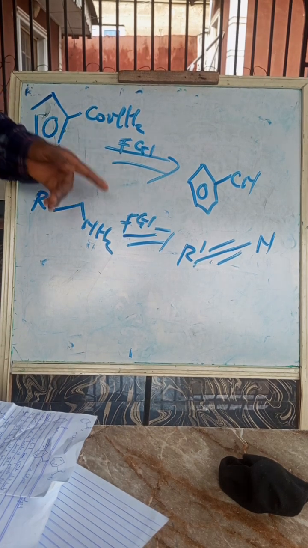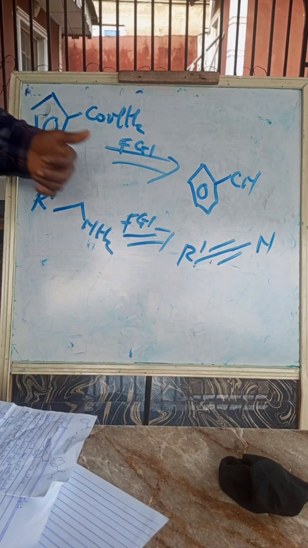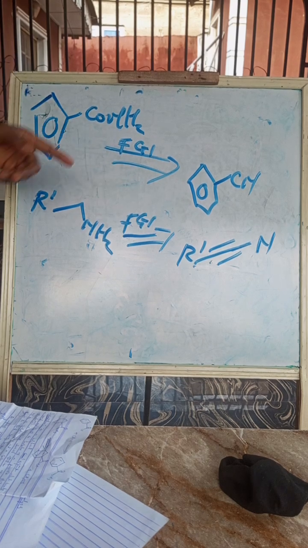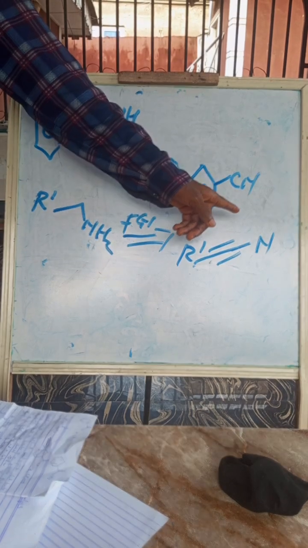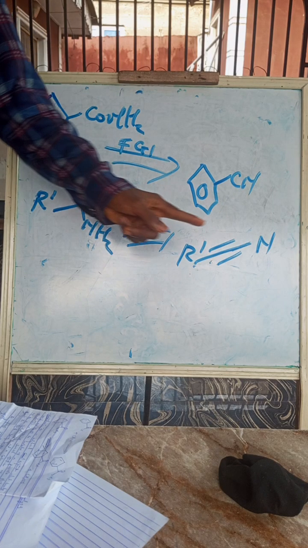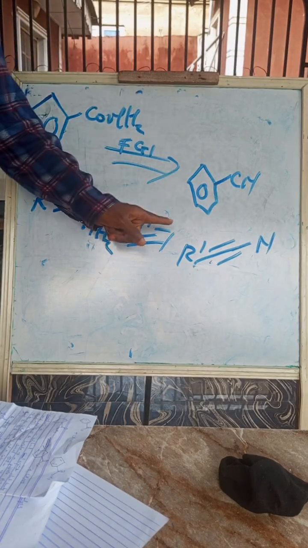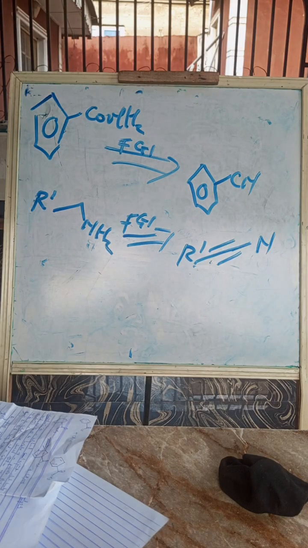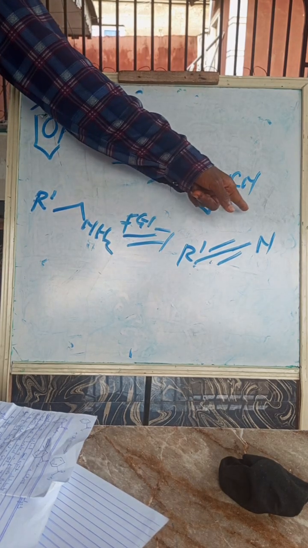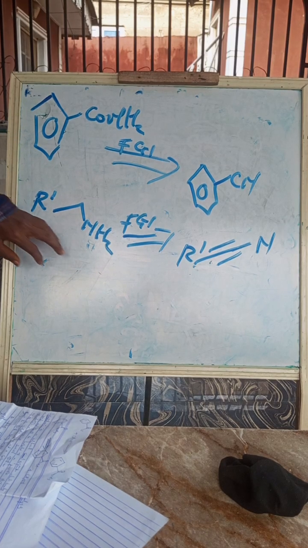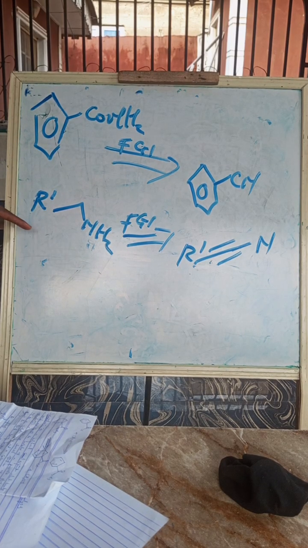So we can interchange the functional group by replacing it with FGI. We can see that after successful conversion, we end up with cyanide, going from amide to cyanide attached to the aromatic compound. We can call this our benzene. So we end up with cyanide attached to our benzene. After the successful replacement of a functional group,